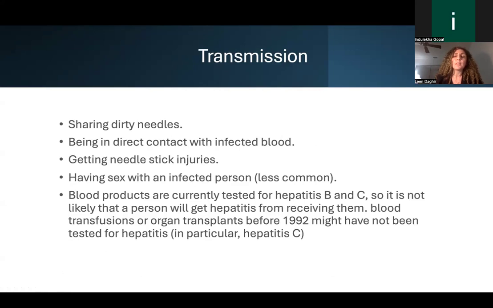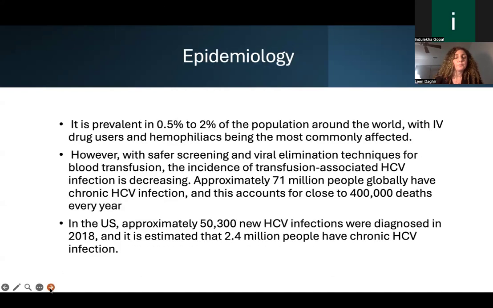Transmission is going to be similar to hepatitis B infection: sharing needles, being in direct contact with infected blood, getting a needle stick, having sex with an infected person, or coming in contact with blood products or body fluids. The prevalence is 0.5% to 2% of the population around the world, with IV drug users and hemophiliacs being the most commonly affected. However, with safer screening and viral elimination techniques for blood transfusion, the incidence of transfusion-associated hepatitis C infection